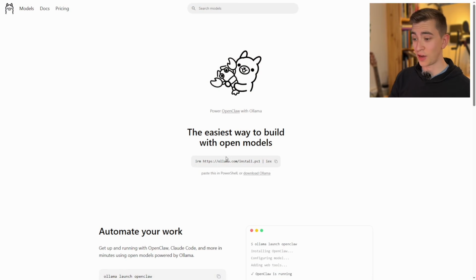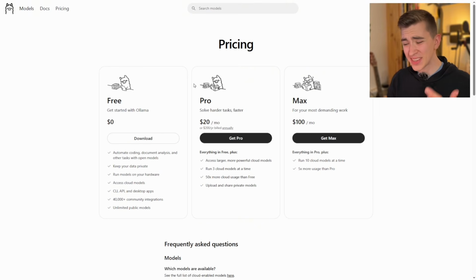The first thing we're going to do here is go to Ollama's website. Now, this is, as it says, the easiest way to build with open models. Most people don't even know that open models exist. You can download the entire AI agent directly onto your computer and run it completely for free. Now, while there is a paid plan available, for most people, the free plan is going to give you everything you need to run these open source models. Ollama is just a way to actually connect that to OpenClaw so you can turn your AI LLM into an